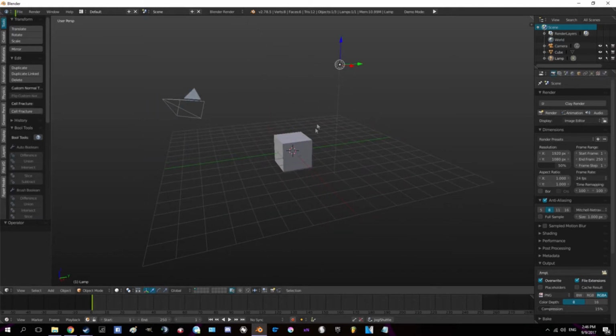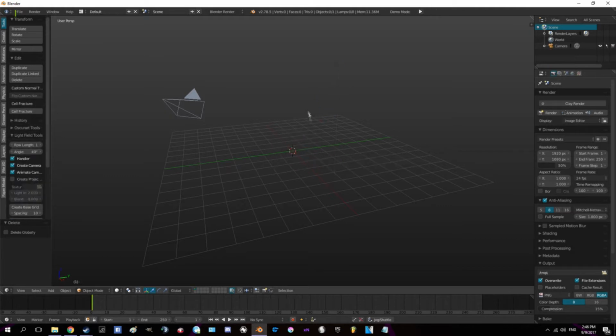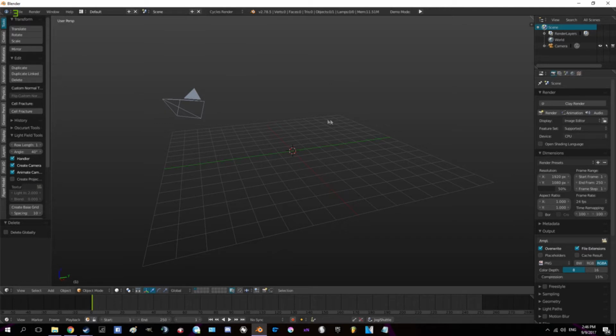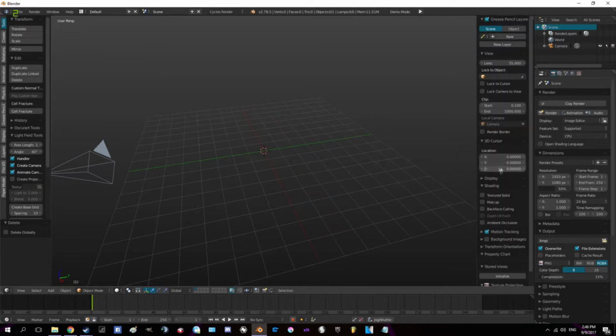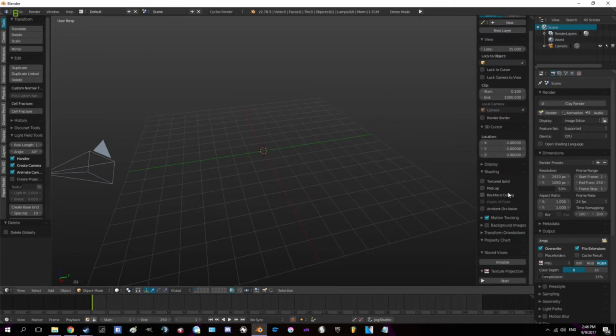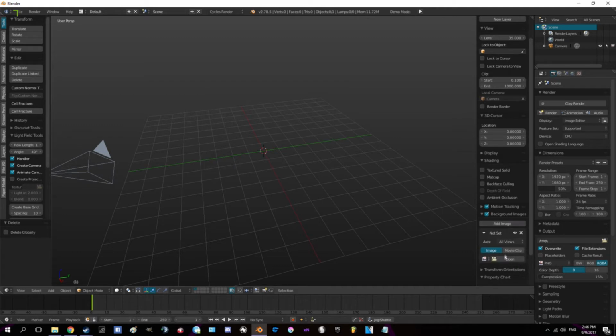So first delete these two objects, hitting right click on your mouse and holding shift to select another one, and just with X delete. Okay, now switch the engine to Cycles render. It's very important. And now we need to load our reference photo. So to do that, just enable background images, add image, open,